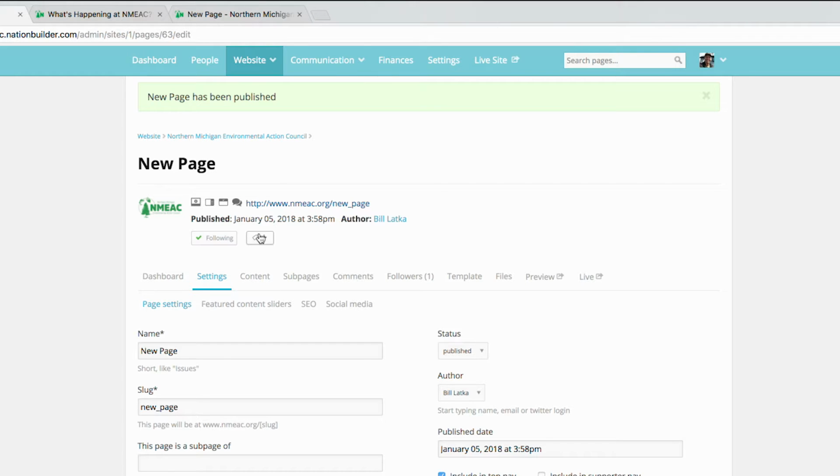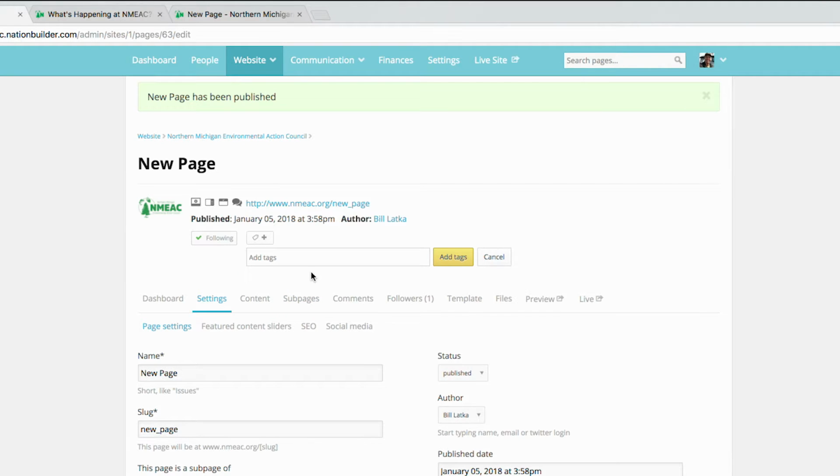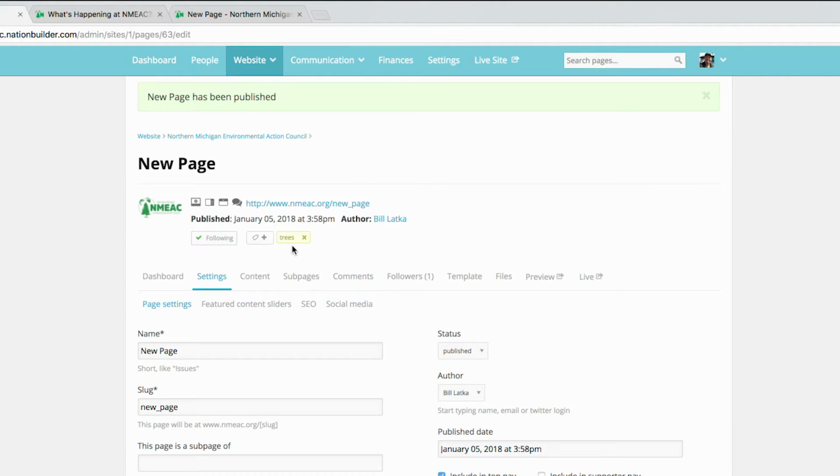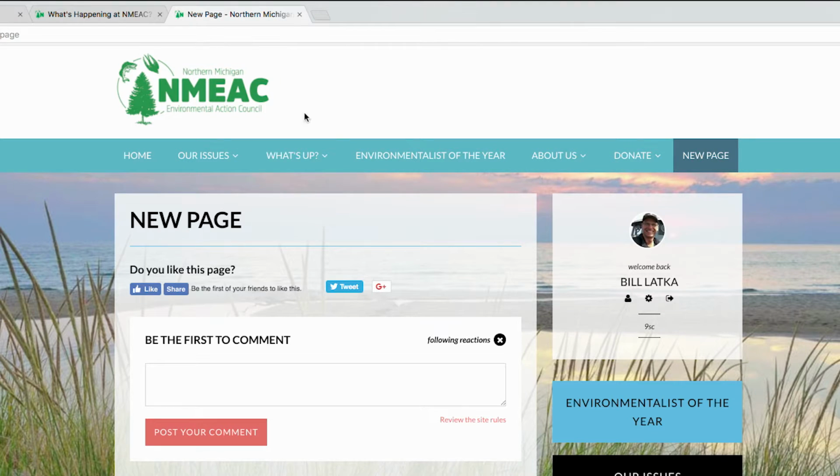These are tags. Tags are a way for you to organize the information on your site. Your theme may or may not allow you to display tags on the front end. This particular nation does. Let me show you what that is like. I'm going to add a tag to this. I'm going to call this page, just for fun, trees. And I'm going to add a tag. So when I reload this page,